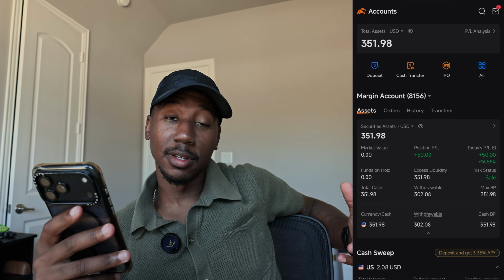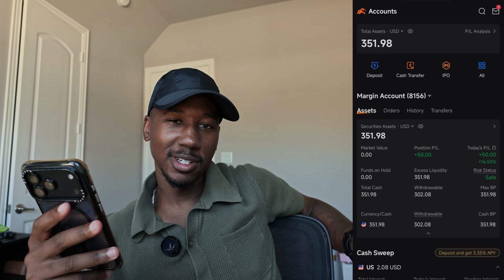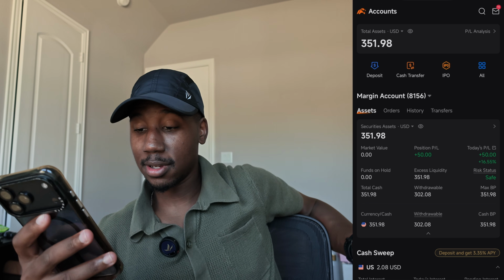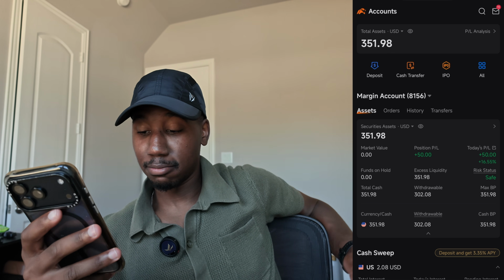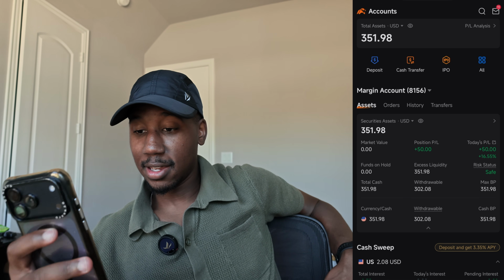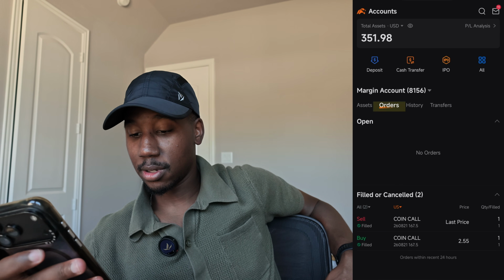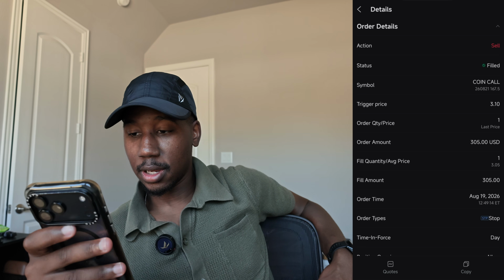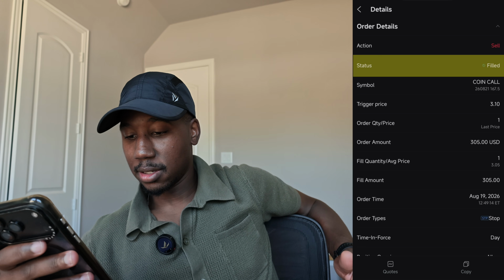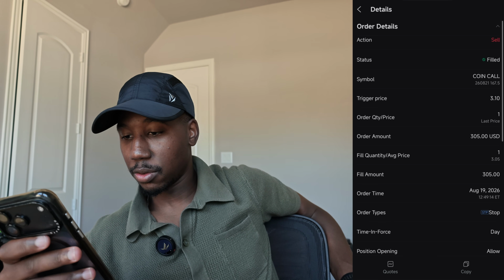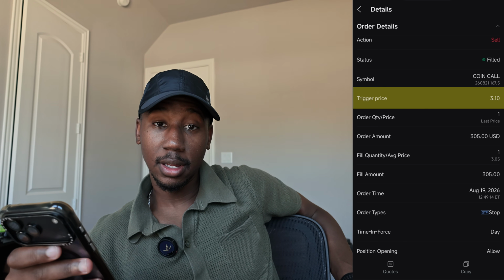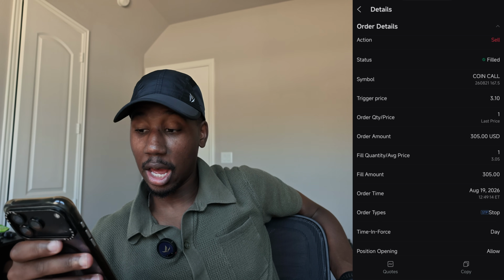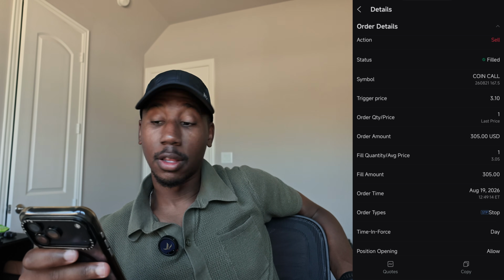All right, so here we are, the stop loss got filled. I just want to now show you what it looked like. I didn't really do anything else. It just kind of filled itself, and that's that. All right, so taking a look at the orders, you can see details of the trade, the status. This is the stop loss, it got filled. So the trigger price was 310, and when the price got triggered at 310,